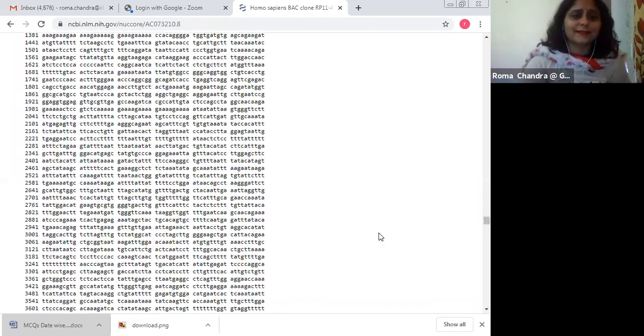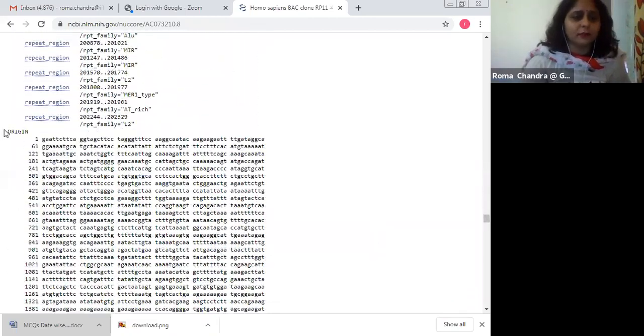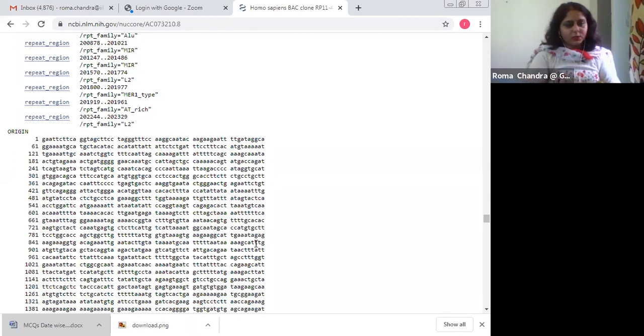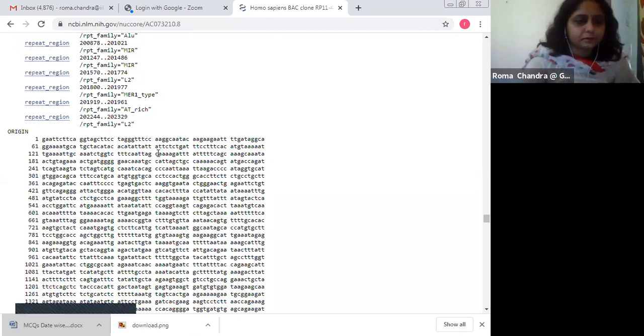From origin onwards, whatever you can see is the nucleotide sequence itself. We are dealing with DNA sequence, so we have ATGC. You can see here, this is ATGC, numbered from 1 to 60, 61 to 120, and so on.